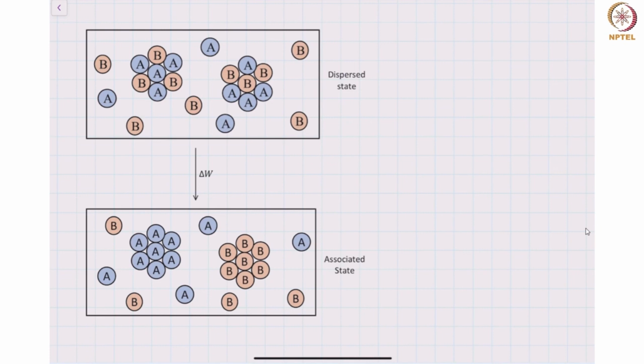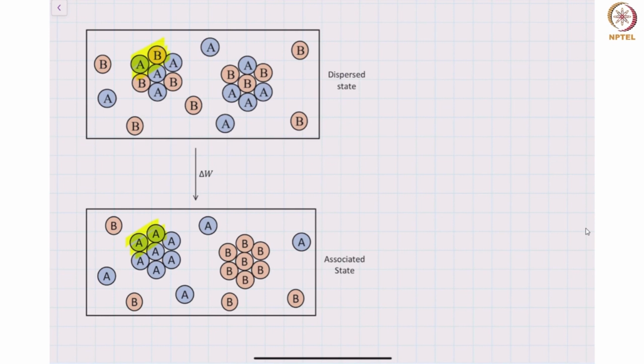Okay, and this change in energy is directly connected to the binding energy of molecule A with A or molecule A with B. For example, let me highlight one particular case. So for example, these two molecules, which I'm highlighting in yellow in the dispersed phase. Now there's a binding energy between A and B. Now I have gone from that state to a state where I have two molecules A and A. Therefore, if I know the total number of molecules that have changed